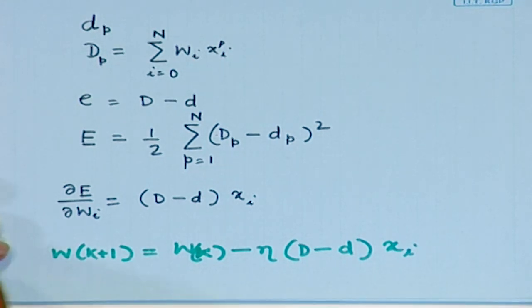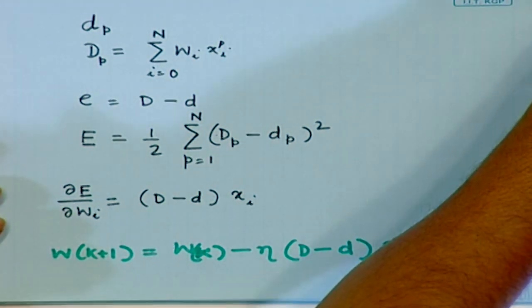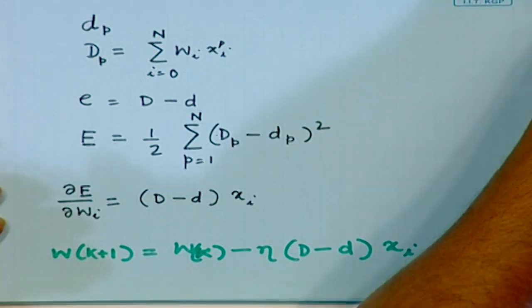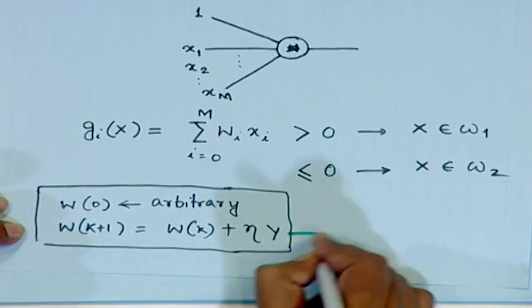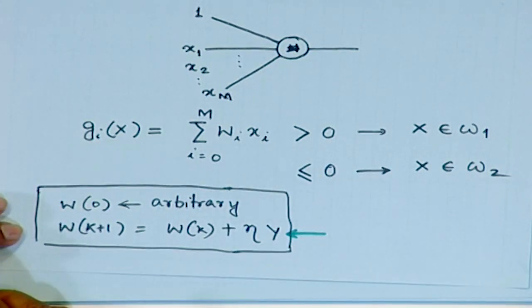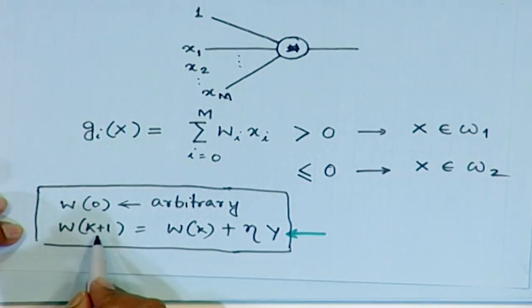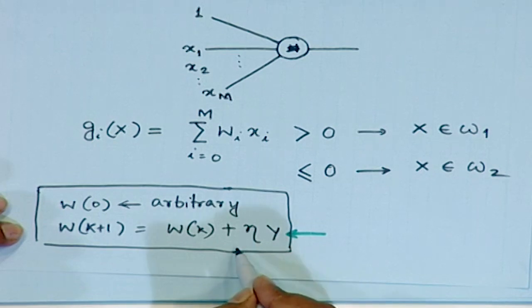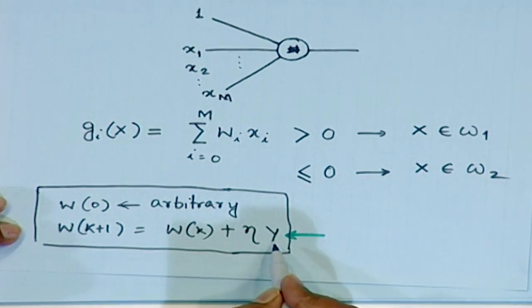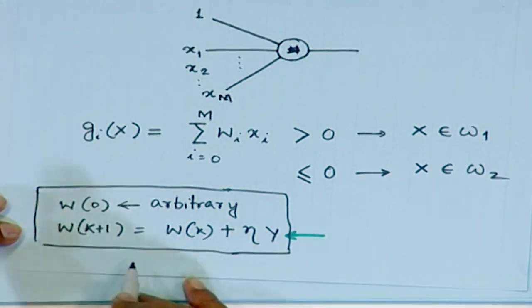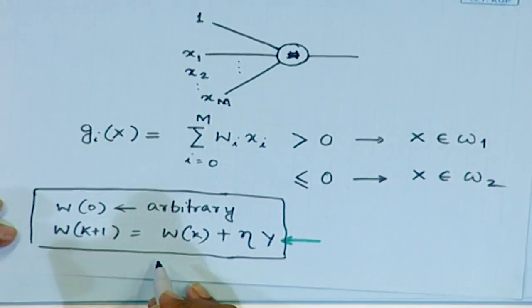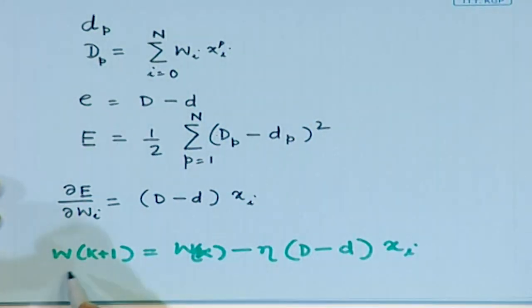Okay. So, you find the difference between what we had in the case of the perceptron criteria. In the case of the perceptron criteria, our weight updation rule was something like this: Wk plus 1 is equal to Wk plus eta times y, where y is the vector. So, the entire weight vector was being modified simultaneously. And in this case, it is